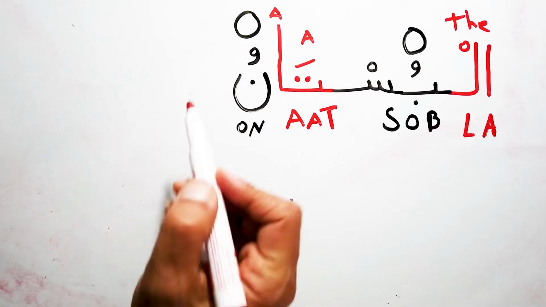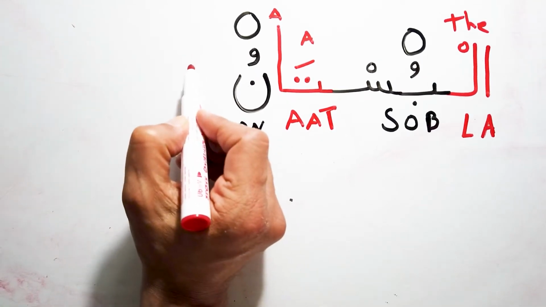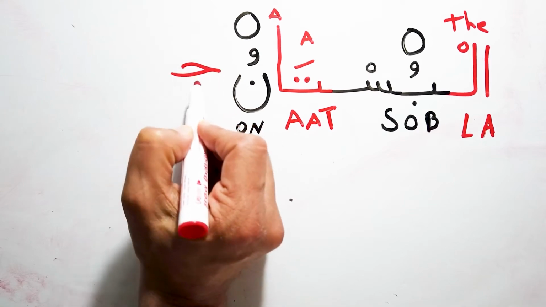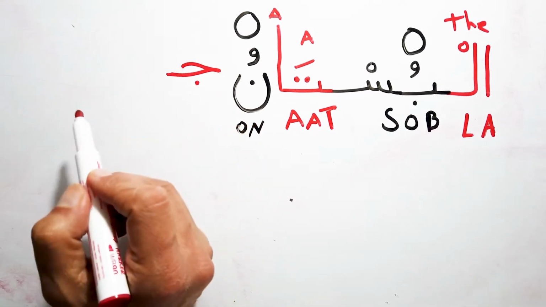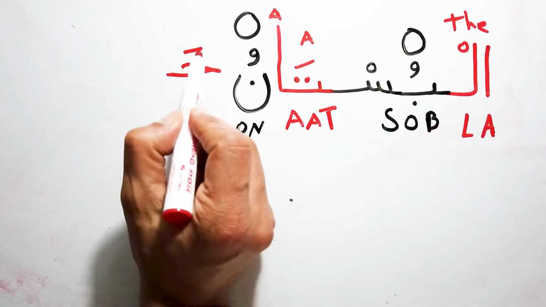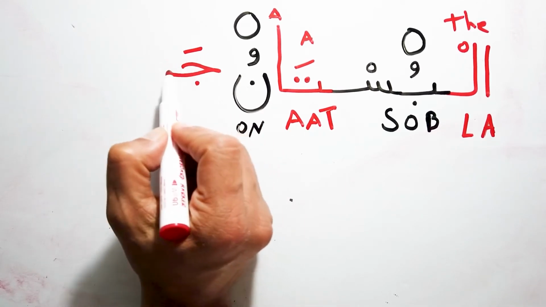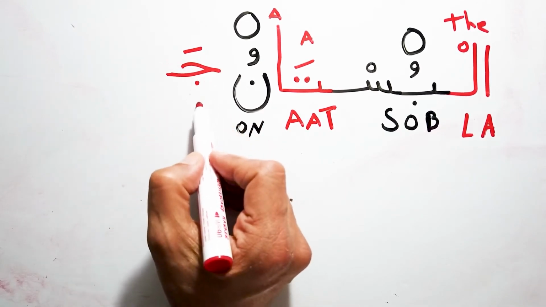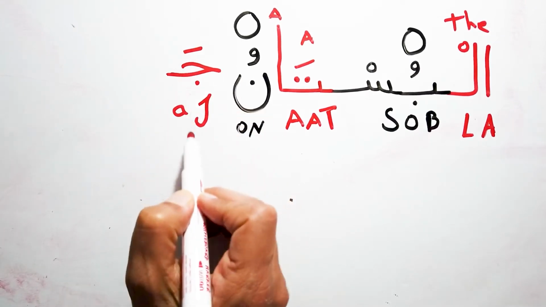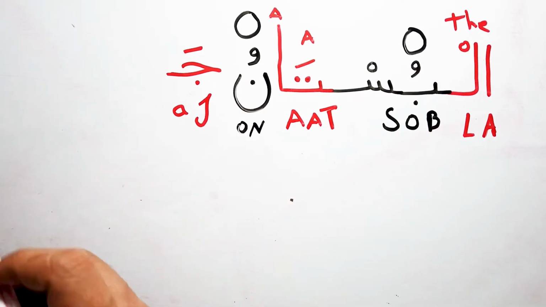Let's see. I have the sound of letter J in English, so this one gives me the same sound. But I say ja, it means I have to add this mark on the top, which sounds A. So this letter sounds like J, and this mark sounds like A. So ja. And then I say Jamilun, ja, mi.